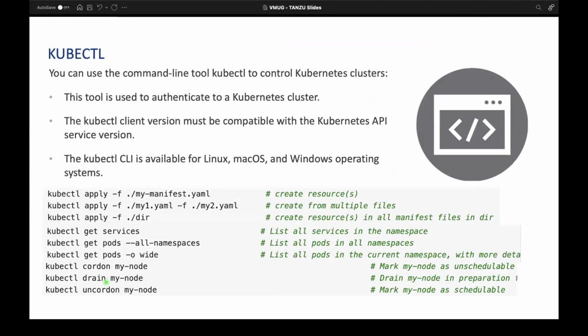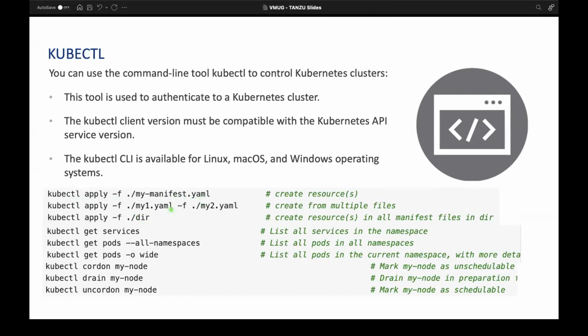That's the command line tool that we use to do almost everything we want. Here are some examples of the commands that we run, like kubectl apply. This helps in deploying anything that you have defined in the manifest file, that is the YAML file.